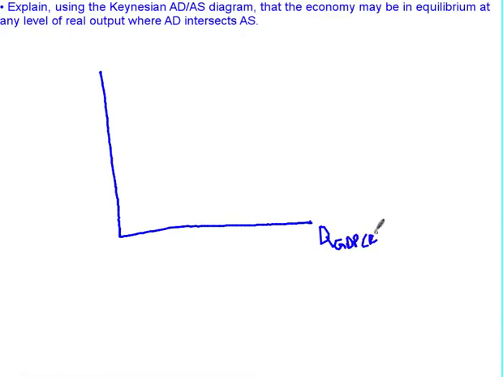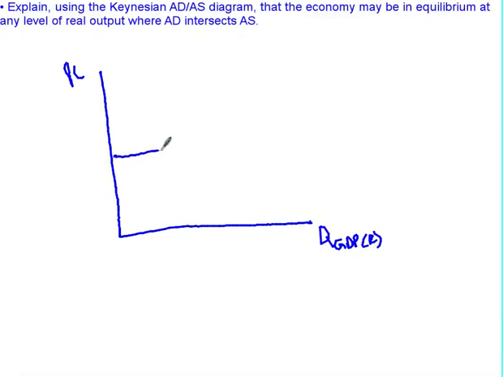All right, next one, explain using the Keynesian diagram that the economy may be in equilibrium at any level of real output where AD intersects AS. All right, and so this is a little bit different model. That's our real GDP, that's the price level. Remember the